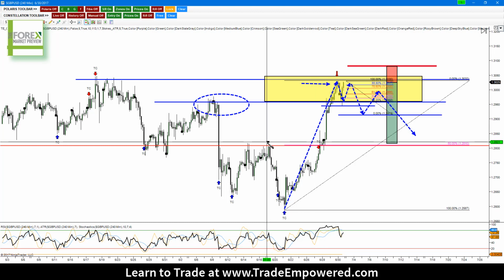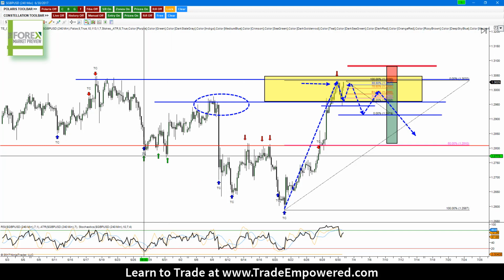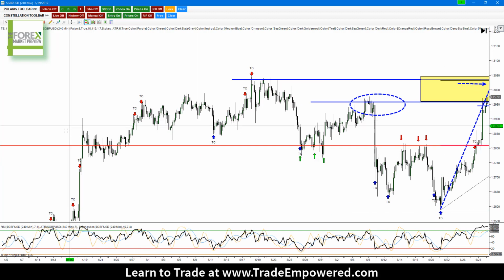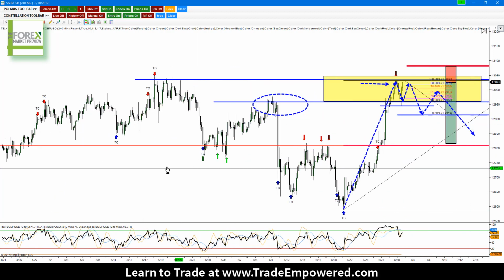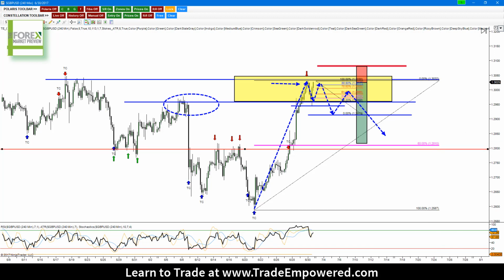So you can see resistance, resistance, resistance right here. We have support, support, support right there. And we can look left, and you can even see some consolidation here as well. Not to mention the 128 even handle, $1.28, a psychological number as well. If we get that retracement, I think we can certainly shoot as low as that $1.28 level on pound dollar. So a few opportunities for you. Again, a double top at market, or if you're a little bit more conservative, you can wait for a 2618 opportunity.